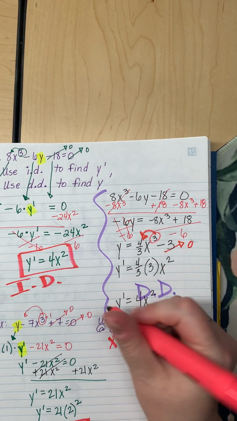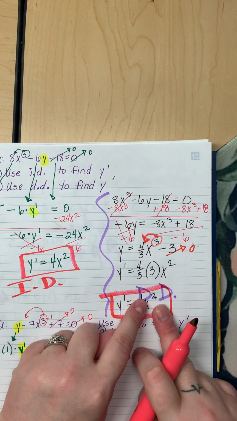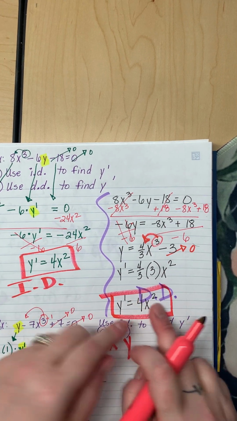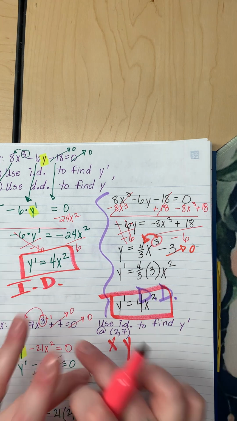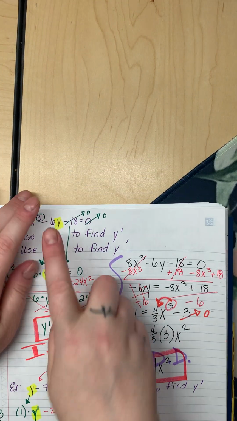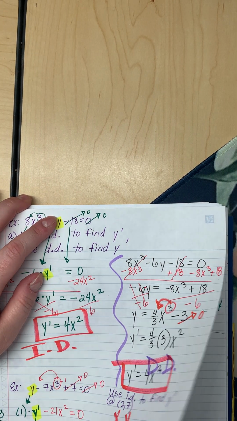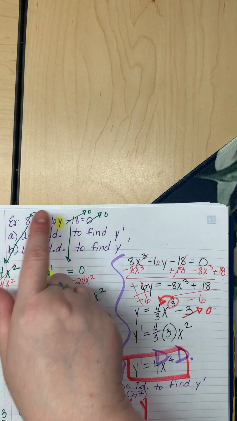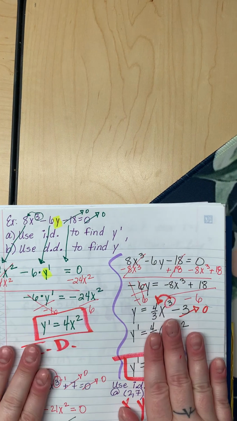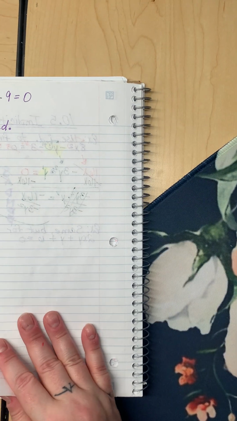And you can see that implicit differentiation and direct differentiation turn out to be the same thing when you have a y to the pretend 1. If we had a y to the pretend 2, it would not be the same. We would have to do something different. Okay, I think the last one, the last two that I've been avoiding are the